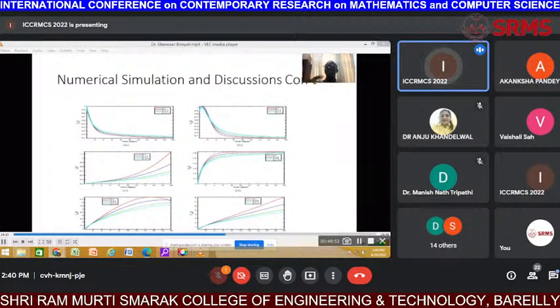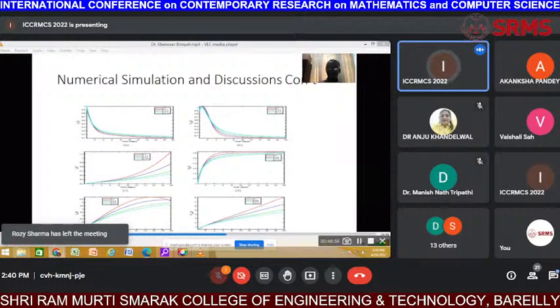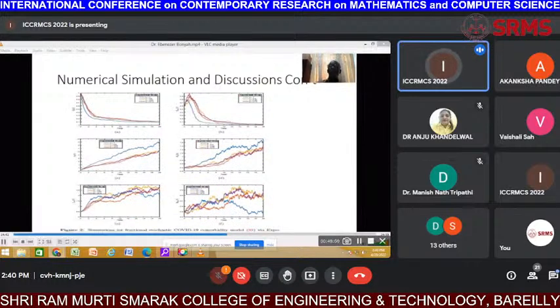This is the deterministic fractional derivative with the same Caputo-Fabrizio operator. This is where I impose the stochastic component to see the fluctuations. This is a reality for me, what happens in real time as far as the dynamics of the disease is concerned.